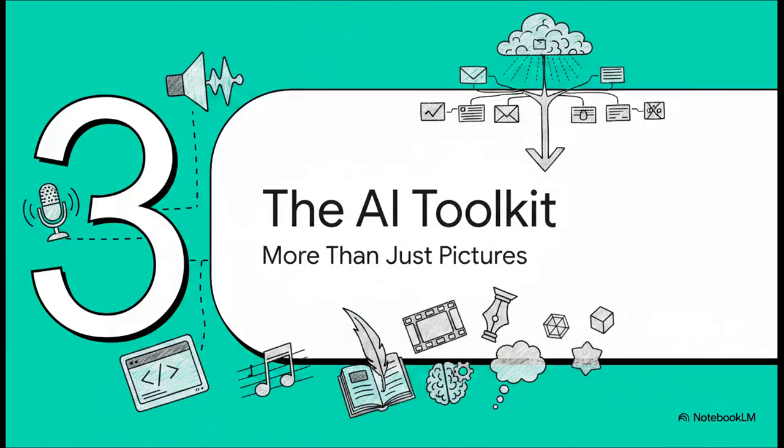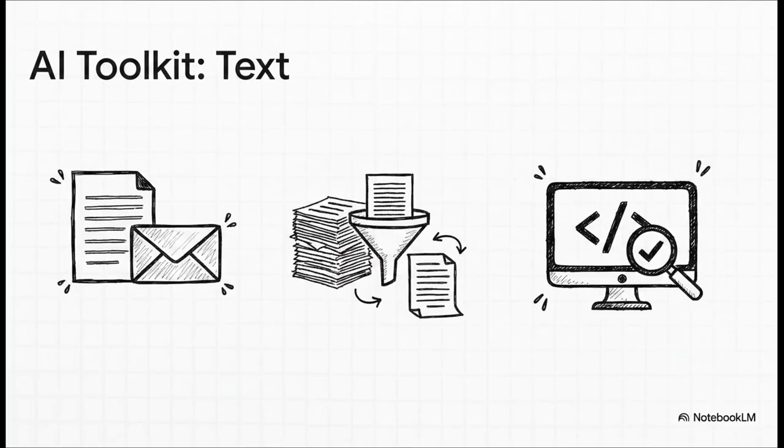And this same core idea, learning from tons of data to generate something new, it applies to way, way more than just making cool pictures. It's like a whole creative toolkit. So let's take text. Of course, these models can write an email or summarize a long report in seconds. But what's really blowing people's minds is how it's helping programmers. Tools like GitHub Copilot can help write and, more importantly, debug software code. That's a total game changer, making a really tough process so much faster.